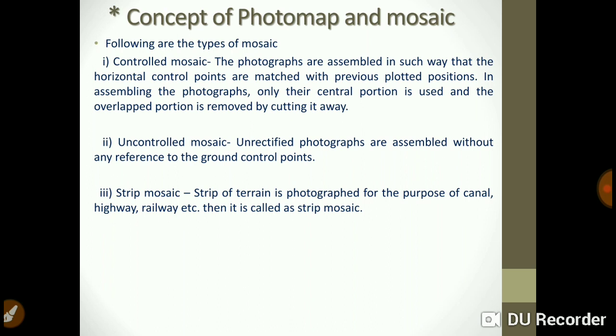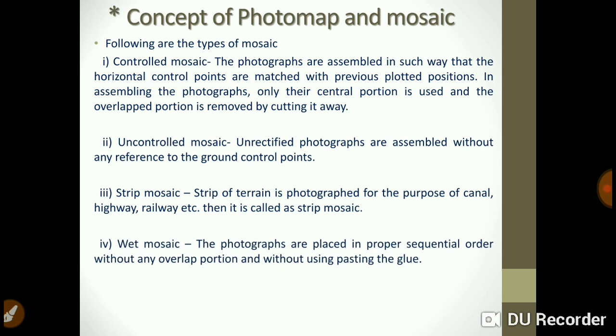That type of mosaic is called a strip mosaic. The next type is the wet mosaic. The photographs are placed in proper sequential order without any overlap portion. This is important: without any overlap portion and without using pasting glue, it is called a wet mosaic.